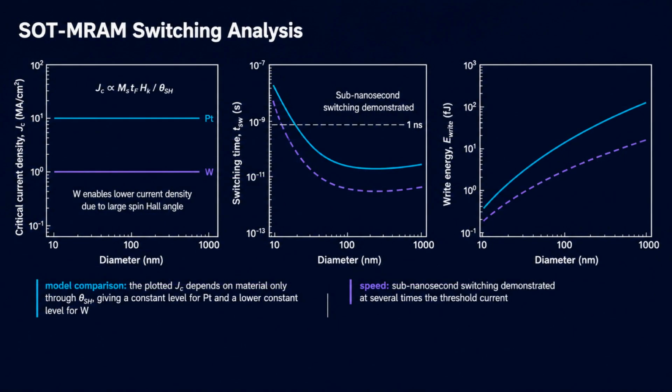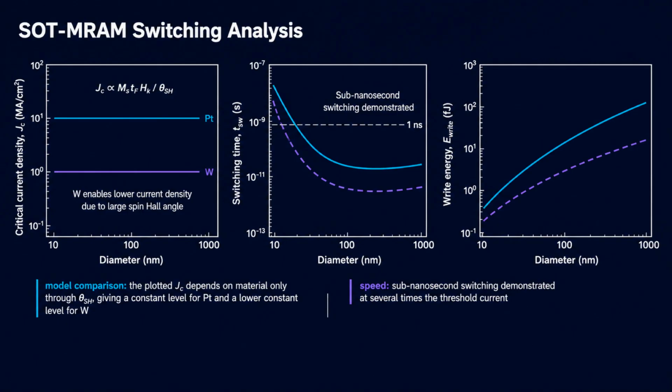Analyzing SOT-MRAM switching characteristics shows material impact. Tungsten enables lower critical current density than platinum due to its larger spin-Hall angle. Switching times below 1 nanosecond are achievable. Write energy per bit for a cell of this size works out in the femtojoule range in the model calculation. For a 50 nanometer MTJ, typical parameters are critical current density around 5 times 10^10 amps per